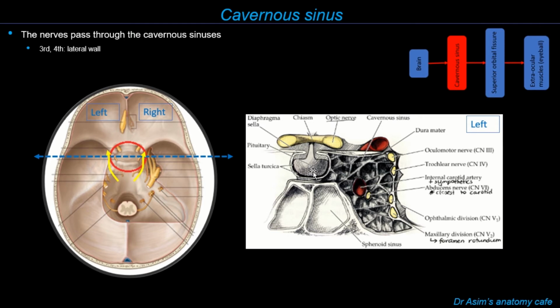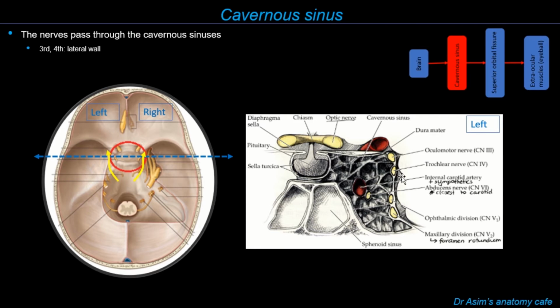But just remember that you are looking at the section from the front now, which means basically from this side over here. So you're looking at it from the front over here. Therefore, you can see the pituitary gland related superiorly and anteriorly to the optic nerves over here. The optic nerves are going to cross over here at the region called optic chiasma, and then the optic tracts are going to be at the back. We're looking at the section from the front, so hence we can see the optic nerves and not the optic